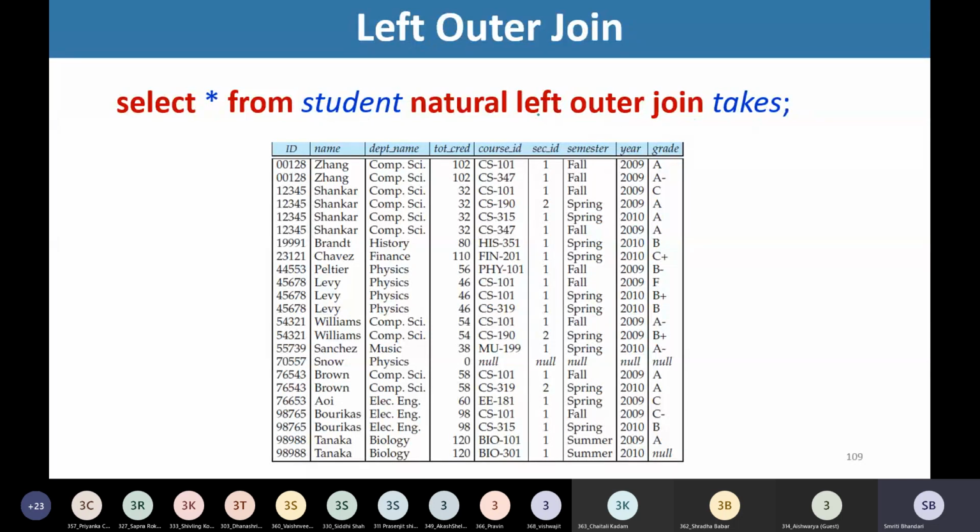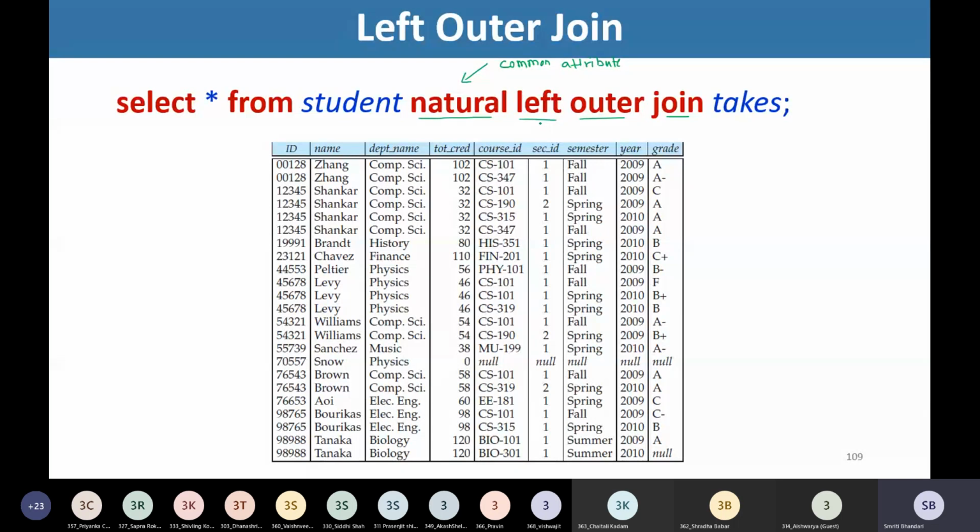Statement: select star from student natural left outer join takes. Natural left outer join takes. What does this mean? See, we are making use of natural. So this indicates that we would like to match with respect to the common attribute.